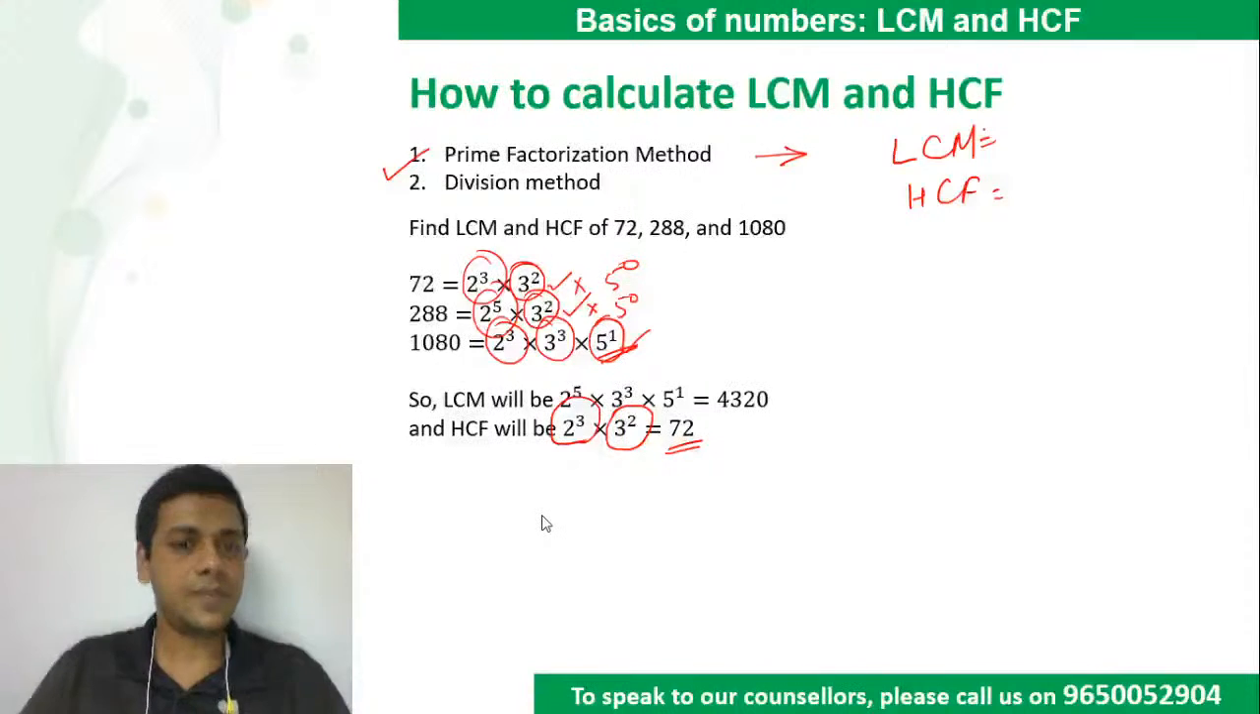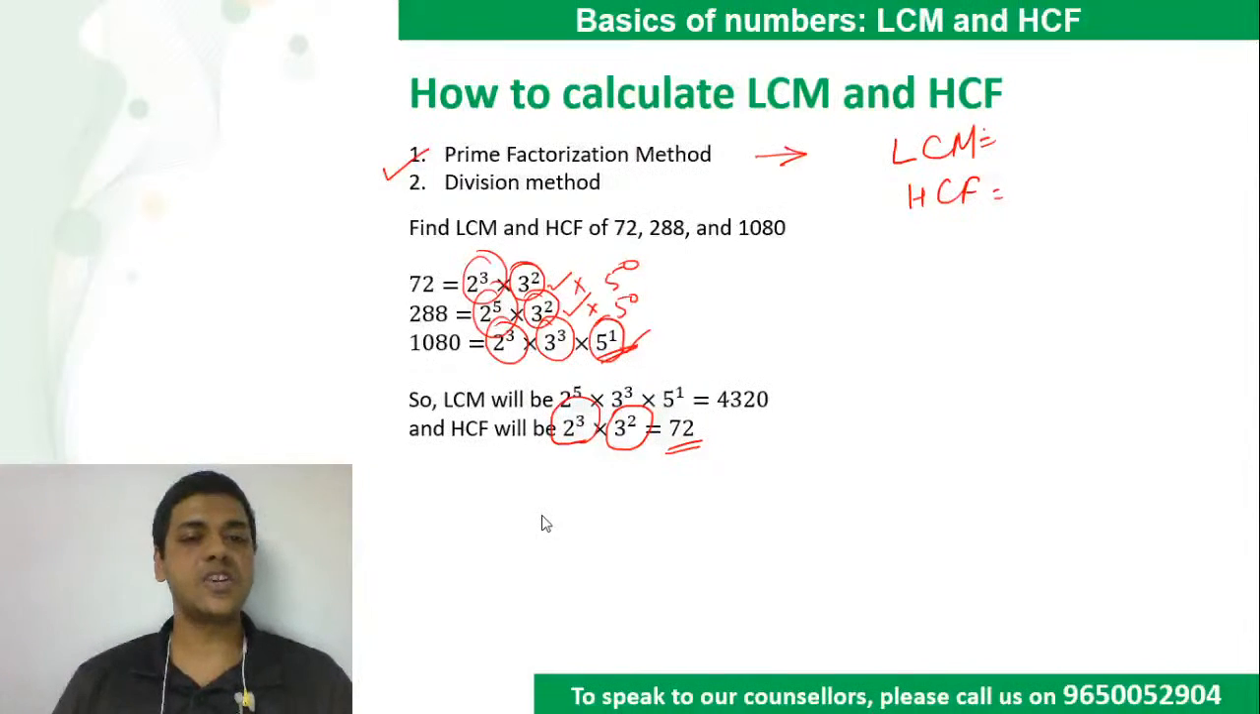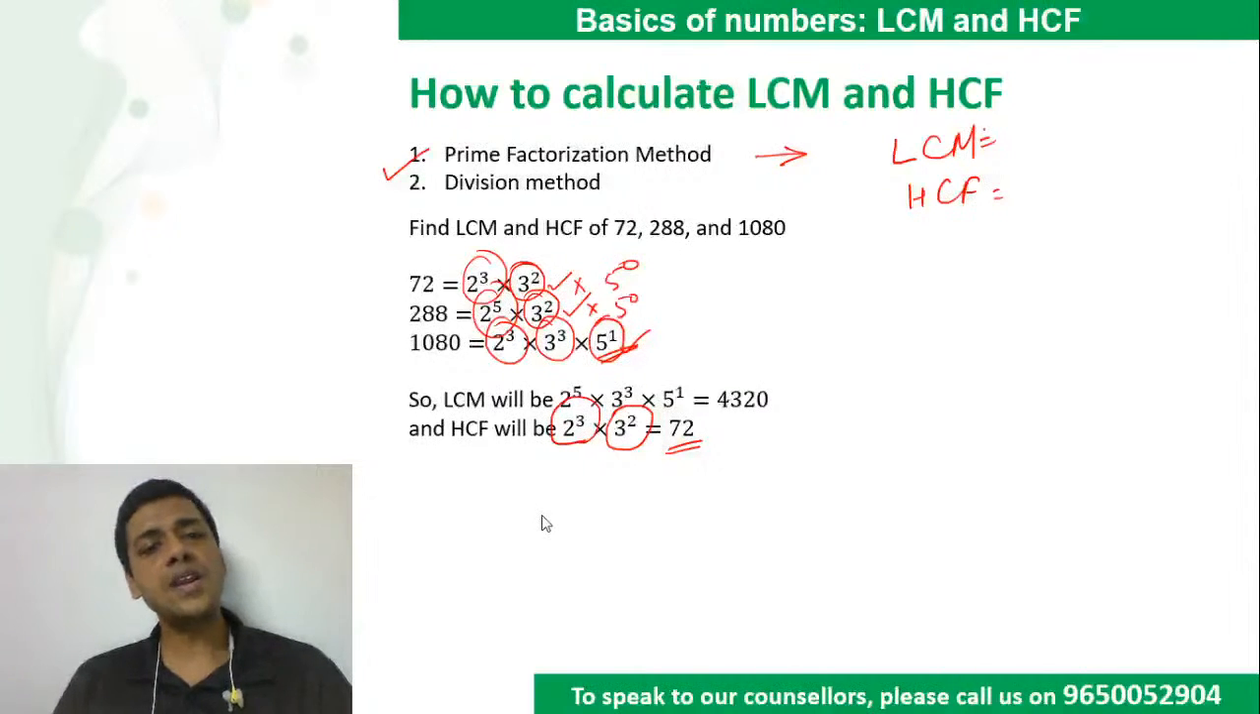Yes, that is how to calculate LCM and HCF using the prime factorization method. So when I say prime factorization method, it is basically: LCM is the highest power of each and every prime factor, HCF is the lowest power of each and every prime factor. Now going a step further,